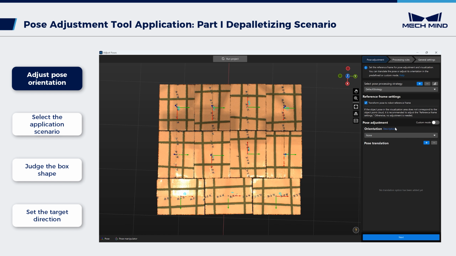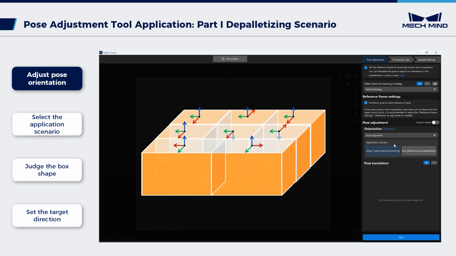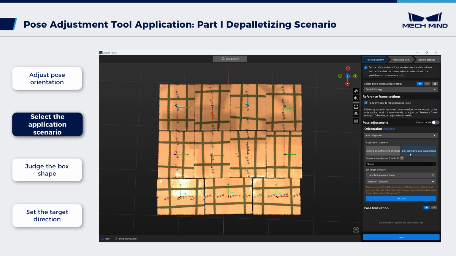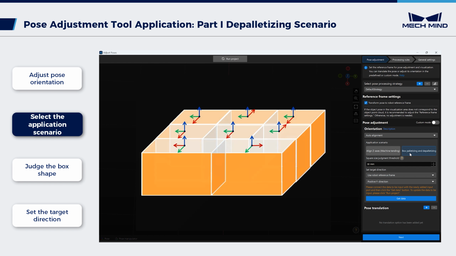Configure orientation in pose adjustment. In depalletizing, the auto alignment function is often recommended. This function automatically aligns the object pose orientation with the Z-axis upwards. Additionally, select box palletizing and depalletizing as the application scenario. This option ensures maximum consistency of the X-axis orientation, avoiding unnecessary movements of the robot axes during the box picking